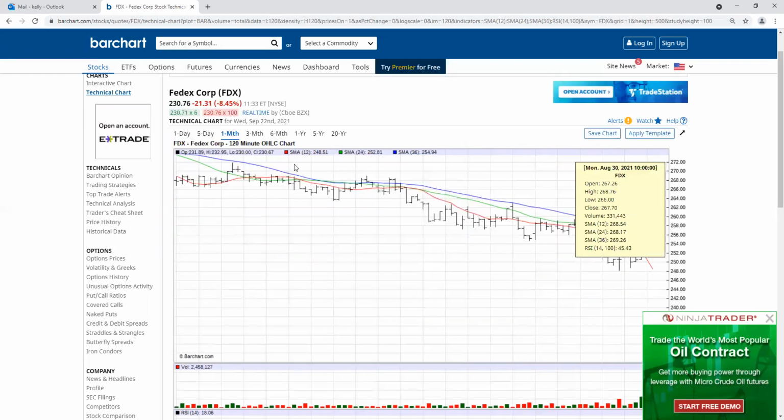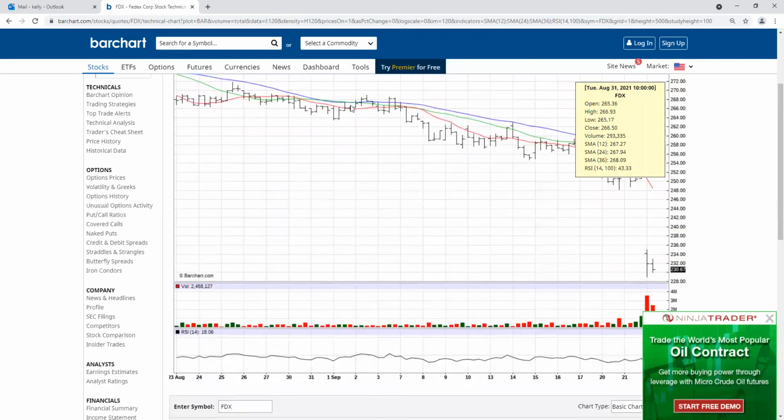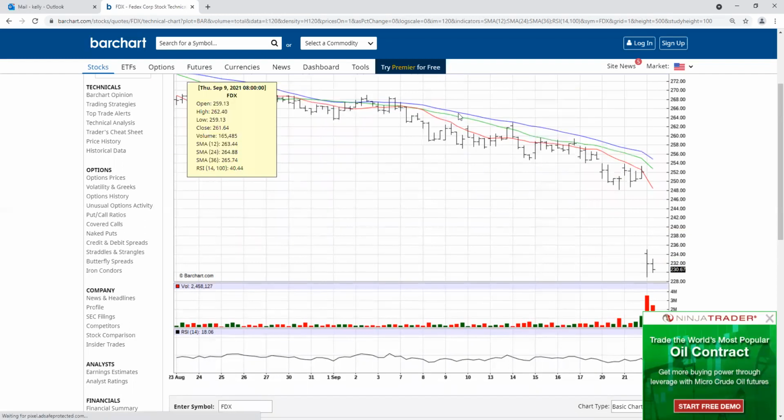And this is a 12, a 24, and a 36 SMA. So this thing is kind of meandering up here. You're holding on, but it gave you a nice little sell signal right there. And what was the price? Price was 265 to 267. Then you just say, listen, I'm going to sit with the sell side of this thing until the blue line gets penetrated. It got tested, right? But didn't penetrate. And I'm just sitting there going into earnings. And boy, was I right. That's a classic example of trading the news.